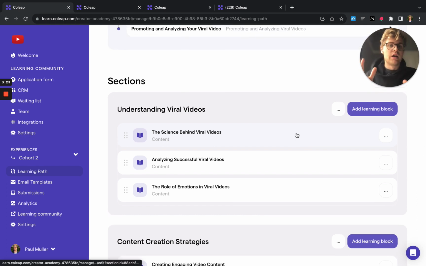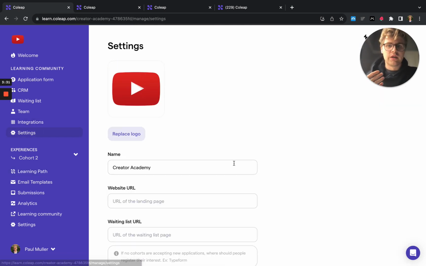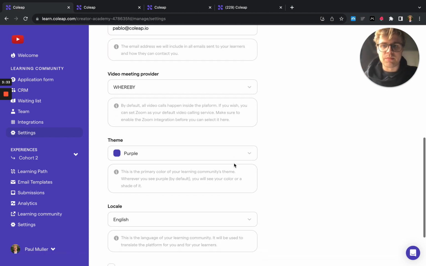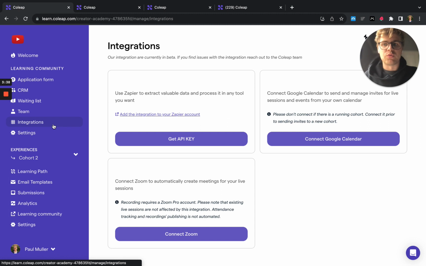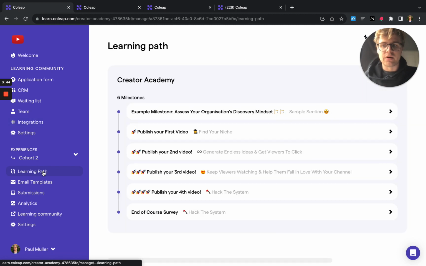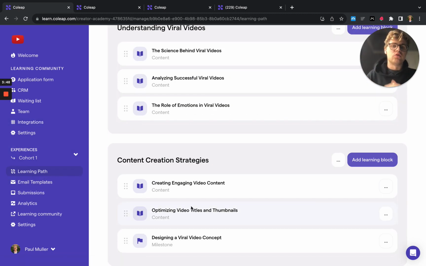That's easier. Just as a last note here, you can of course also change the color scheme here. You can change the video meeting providers. You can change the language. You can integrate this with all your existing tools like Zoom, Google Calendar, and Zapier. And this is the wrong one. And you can also